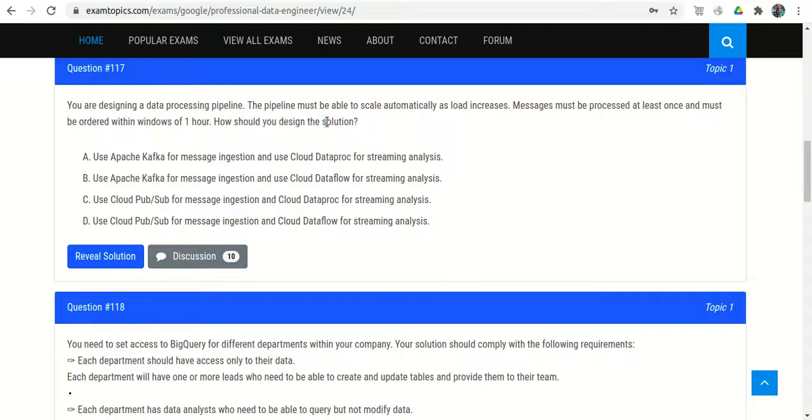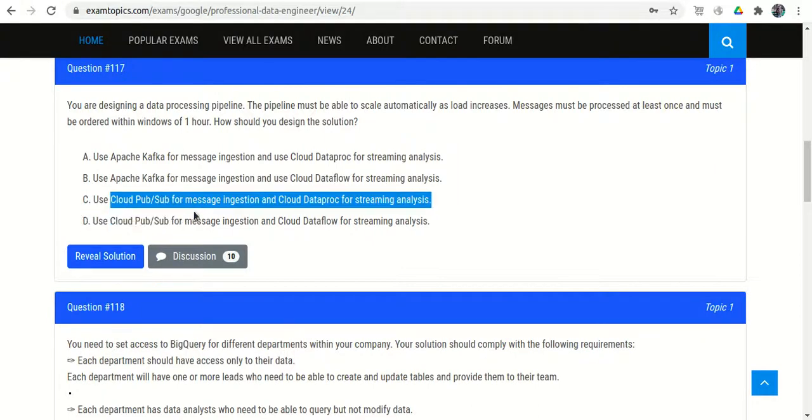Use Apache Kafka, that is wrong, because that is not scalable. Dataproc is also not scalable. Dataflow is scalable, but Apache Kafka is wrong. Cloud Pub/Sub is okay, because it will try to send the message again and again until at least one message is delivered.